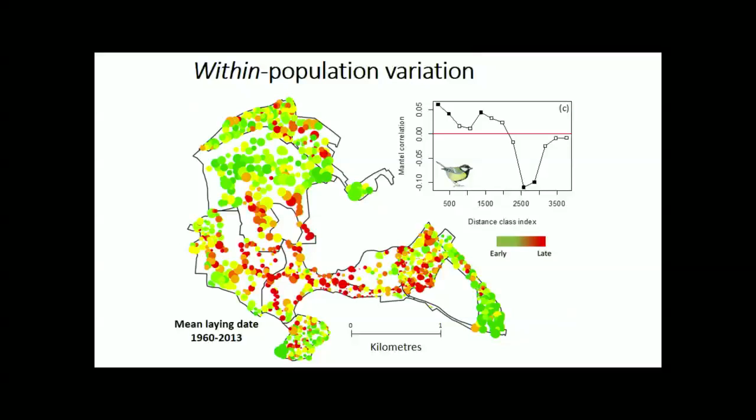And this tends to be related to large-scale effects like altitude. But then there are other areas where there's fine-scale variation. So even over relatively short distances, you go from areas where birds are early to where they're late, over just a few hundred meters. So we've been interested for a while in trying to understand how this fine-scale variation comes about and what its consequences are.